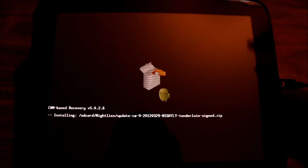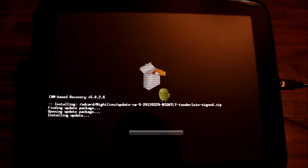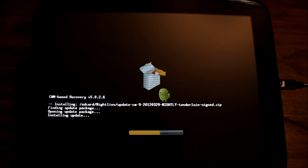And I'm going to go to the Nightly build and choose yes. And while this is loading, just to recap, I was on Alpha 2, CM9 Alpha 2. You could easily do this install from CM7, or you could do it from a different Nightly. The intention of the Nightlys is that you can just keep loading them on top of whatever version you have on there currently. And then after you load it, you clear your cache and your Dalvik cache, and then off you go. And again, that's also assuming that you already have a GApps version that's compatible, which the 3.17 or the March 17th version is what we're going to load here,